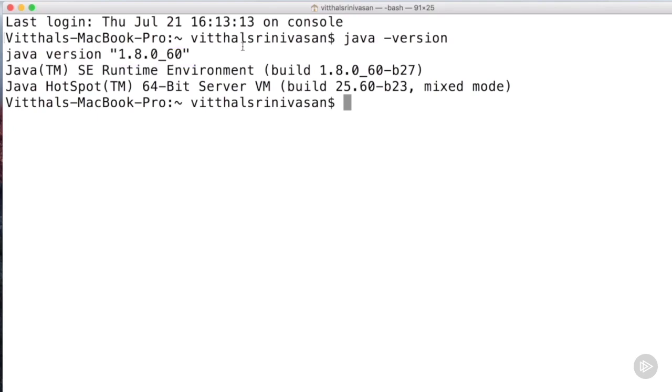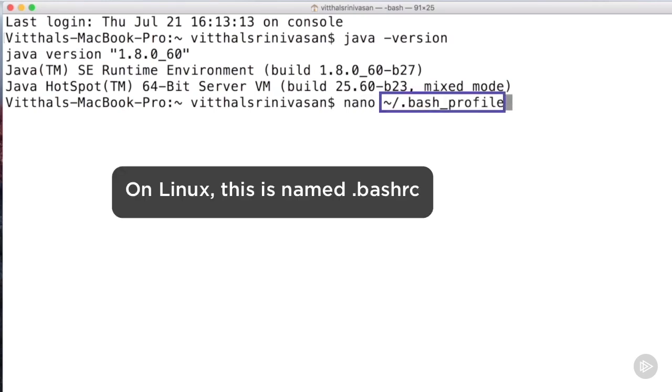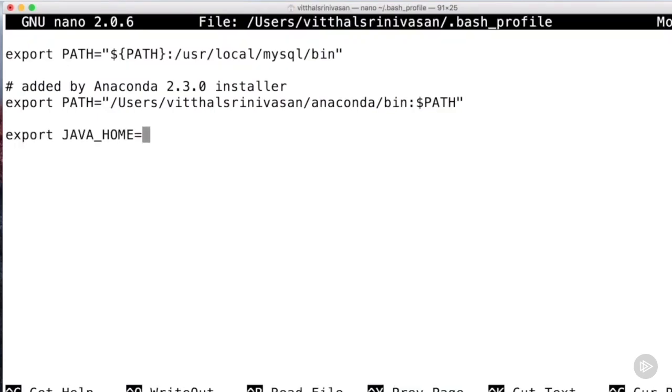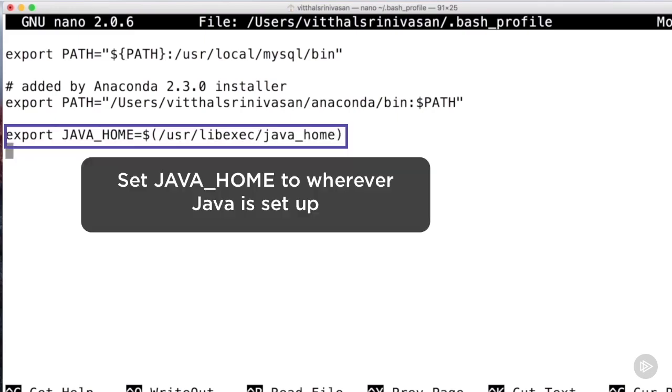I'm going to do so by editing my bash profile. Note that this file is called bash_profile on Mac machines, but on Linux it's often called .bashrc. Let's now go ahead and edit this bash profile in our favorite editor. First up, we need to make sure to set the JAVA_HOME variable. On a Mac machine, this can be accomplished with a little bit of shell scripting that you see on screen now. On a Linux machine, you need to look up your path because it would vary with both your JDK and your version.